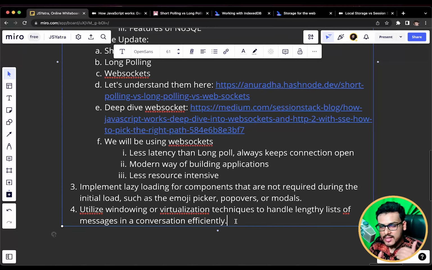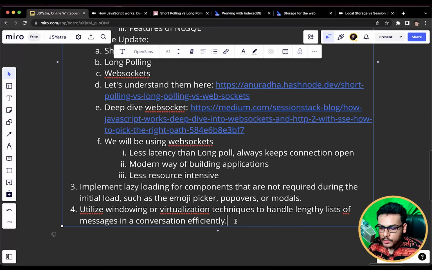Then utilize windowing or virtualization techniques to handle lengthy lists of messages in a conversation efficiently. Let's suppose there is a conversation between two users and you have 10,000 messages. Will you render 10,000 div elements on your screen? No, you will not. Obviously, if you are watching this system design series, you know that you won't be rendering 10,000 div items on the DOM, because it will make your UI very janky and it will lag a lot.